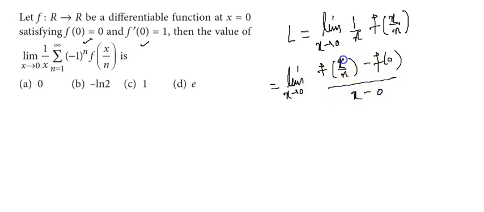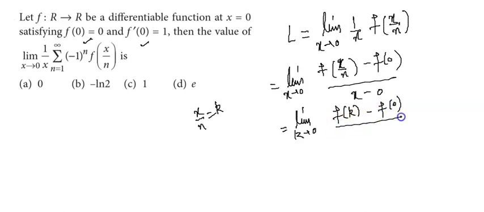This is one and the same thing because f of 0 is given as 0. Now if I substitute x by n as, say, k, then it will be the limit as k approaches 0 of f of k minus f of 0, upon, if x by n is k,